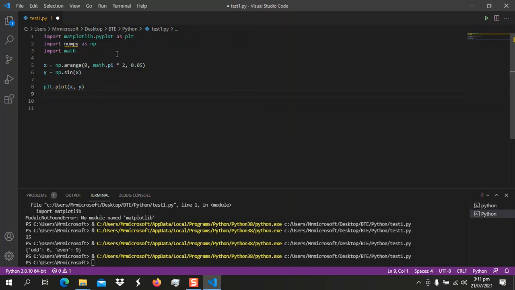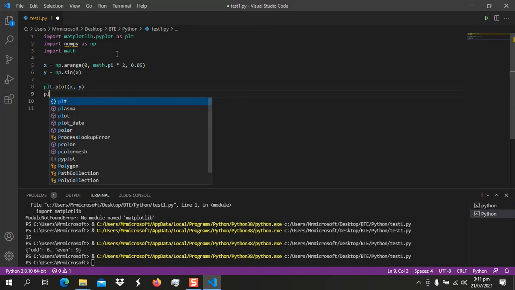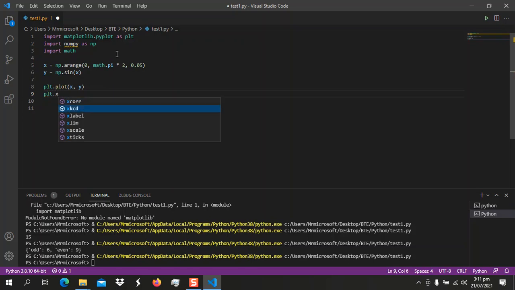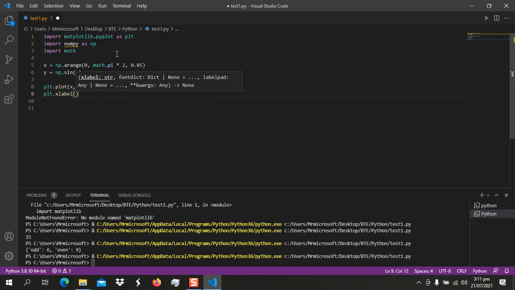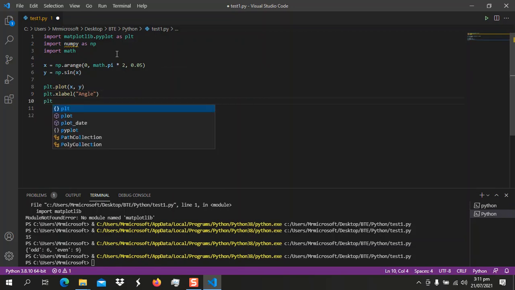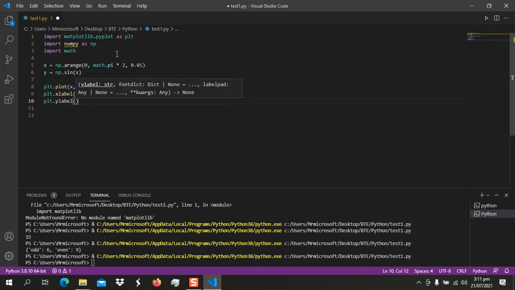And next we create a label like plot dot x label. Visual Studio helps us a lot. It can really spoil a young programmer to think you don't need to cram any function name or whatever. But it really helps for quick coding. Makes your coding very fast. Here plot dot y label, you can say it should be